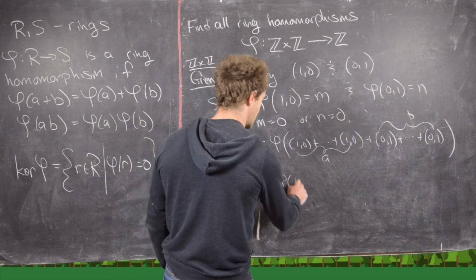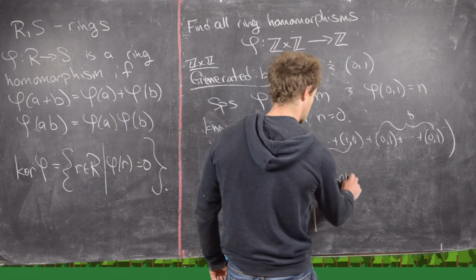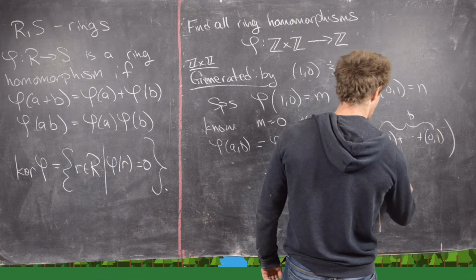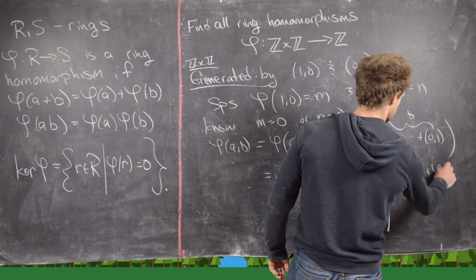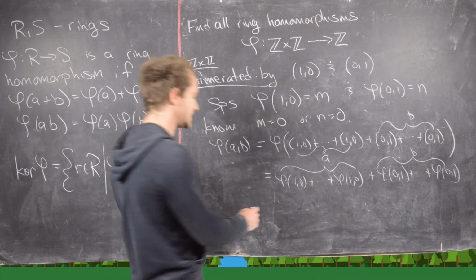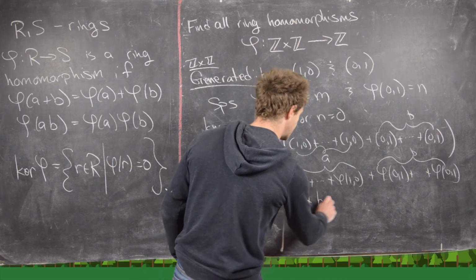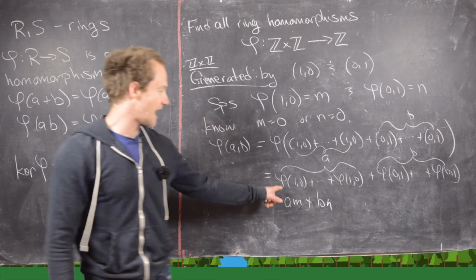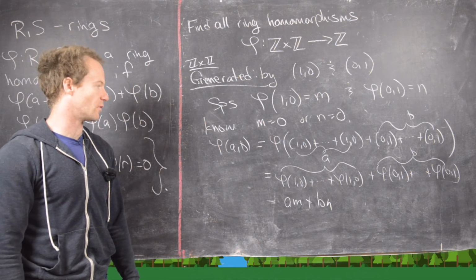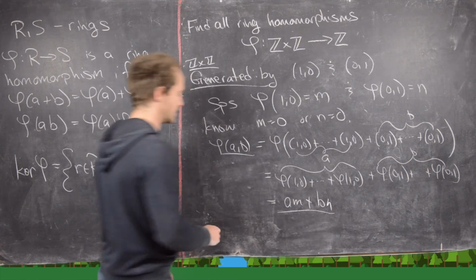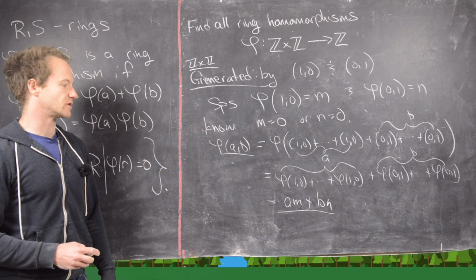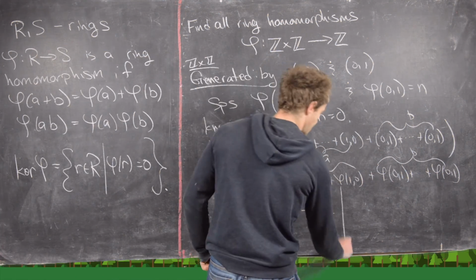So that's going to be phi of (1, 0) added to itself a times, plus phi of (0, 1) added to itself b times. But it's easy to see that that's going to be a times m plus b times n, assuming that m is equal to phi of (1, 0) and n is equal to phi of (0, 1). So this is the general property of what's going on with this ring homomorphism. But now we know that one of these is equal to 0. So we can say